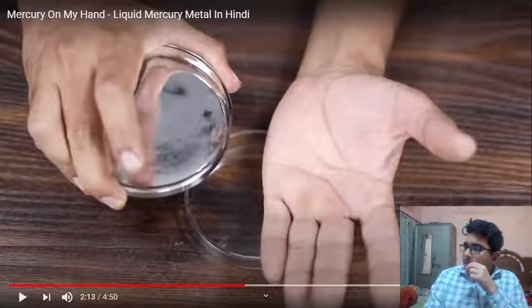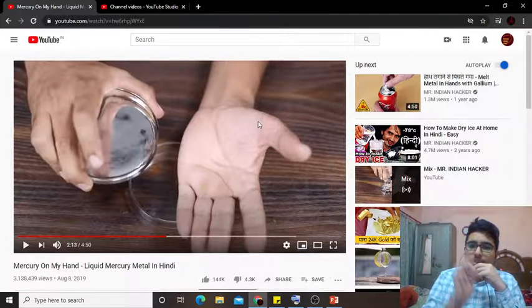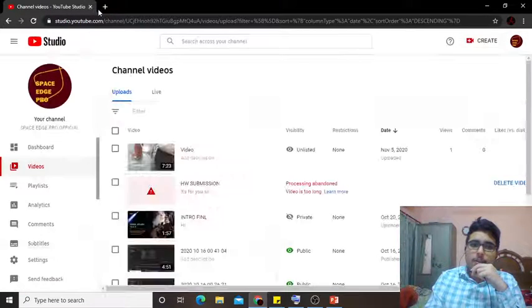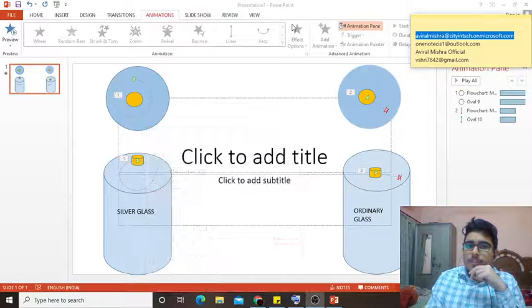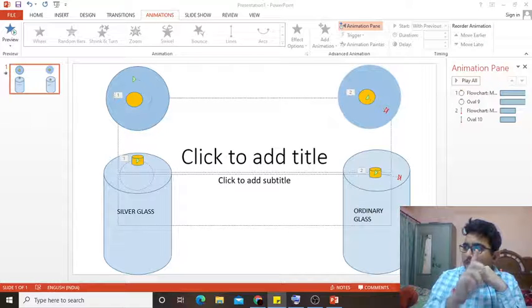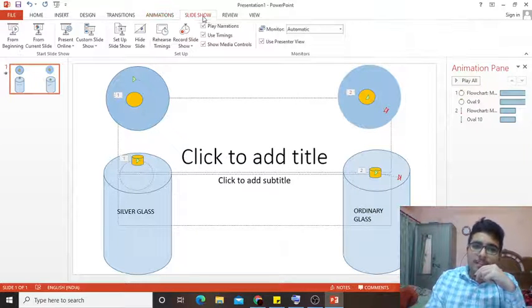Okay, so as you have seen in the video, mercury is a very nice little thing, but dangerous at the same time. So now we'll visualize this thing. First we'll visualize the step 2. First we understood what the experiment is, what we have to do. Now we'll visualize our results, and then we'll see whether it matches with reality or not, or reality matches with our predictions or not. So here is a presentation.